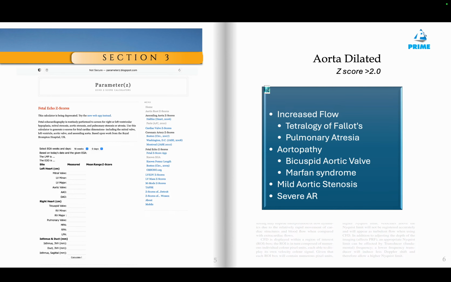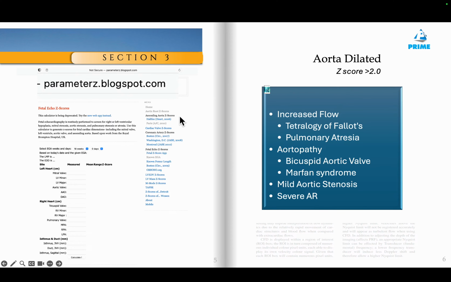To take a measurement of size, that's very, very important. You must always use z-scores, because if you have to follow up the patients, you have to compare with the z-score of the aorta. The best resource for z-scores could be your equipment itself. Many equipments these days offer you z-scores when you're making a calculation there, but you can also use this resource of parameters blog,